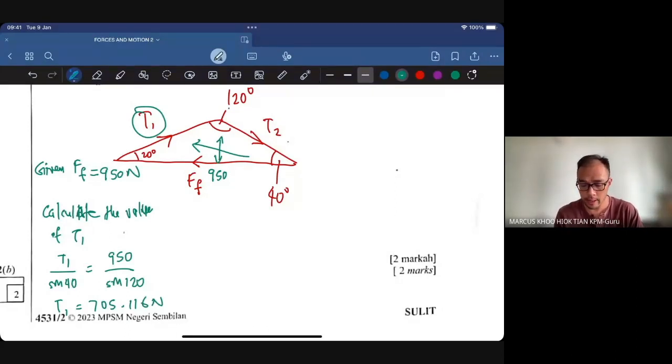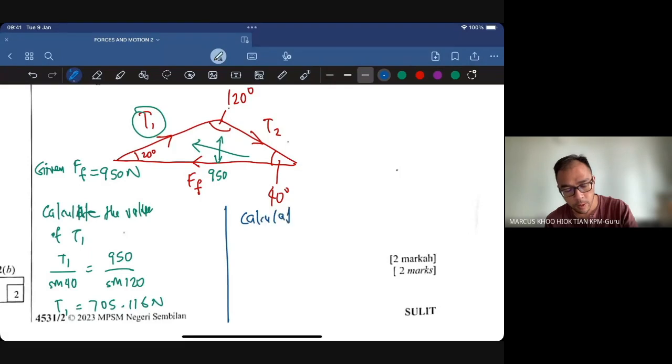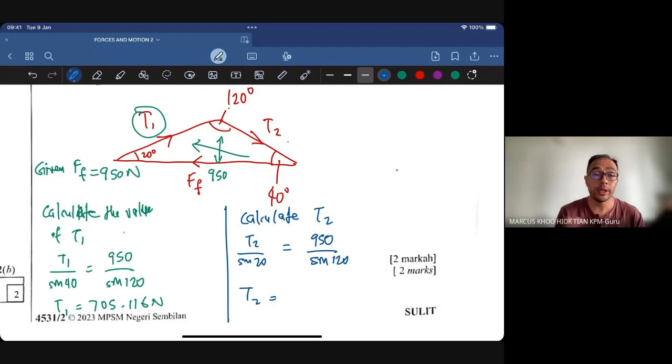950 divided by sine 120 times sine 40. Yeah, 705.115 newtons. If they ask you to calculate T2, same idea. T2 over sine 20, because the angle is 20 opposite, equals 950 over sine 120. So bring the sine across: 950 divided by sine 120 times sine 20. You should get about